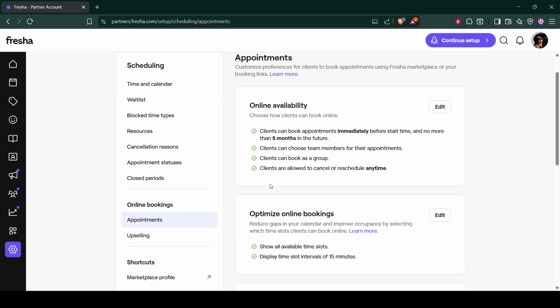And there you have it. By following these steps, you'll ensure that your calendar availability on Fresha is perfectly aligned with your personal and professional requirements. Having a well-organized calendar not only smooths out appointment scheduling, but also enhances your